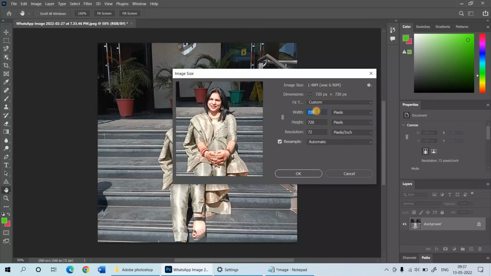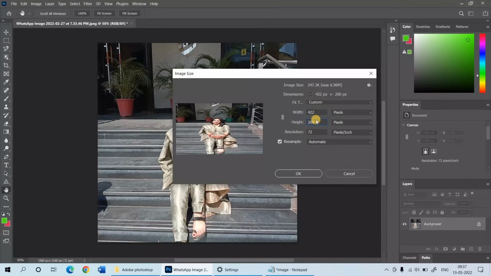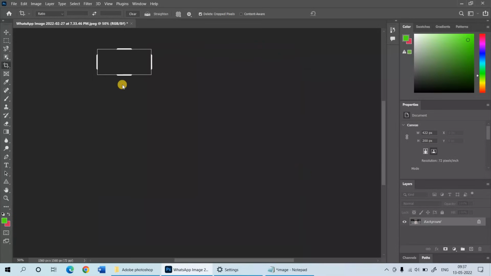That means if you want to set, suppose, width 420 and height 200, it will perform this task on the particular image, and the aspect ratio and picture quality will not stay in a proper format. See, by clicking OK, the picture quality or the size of the picture is not in a proper format. So for that, what you have to do,